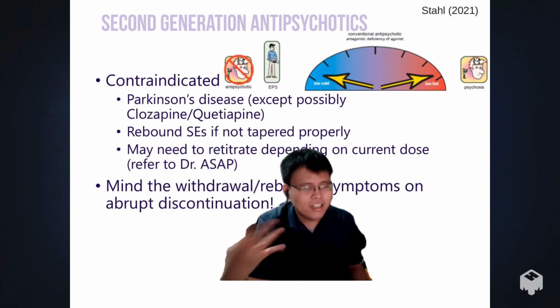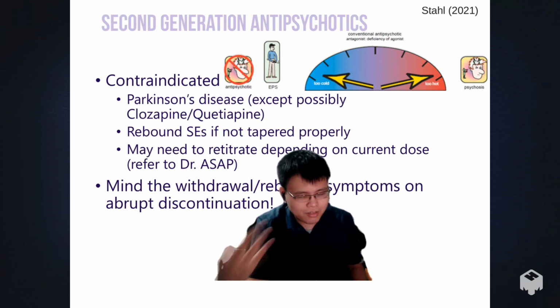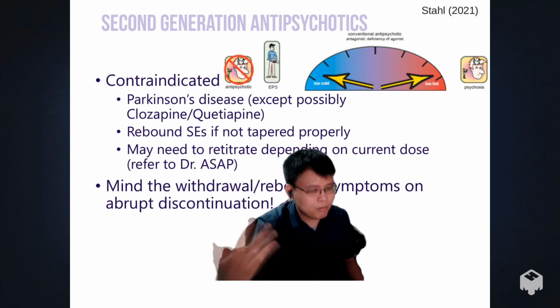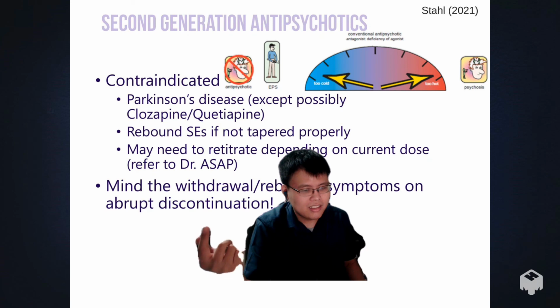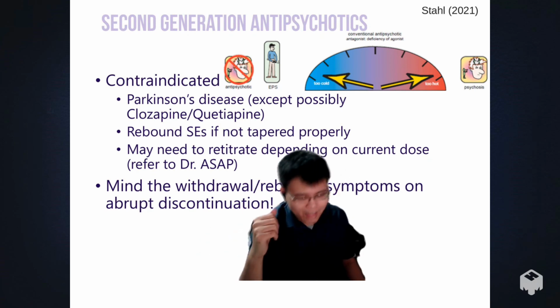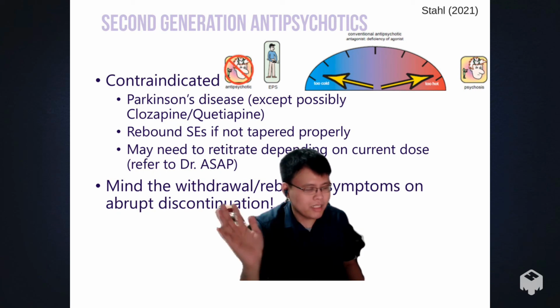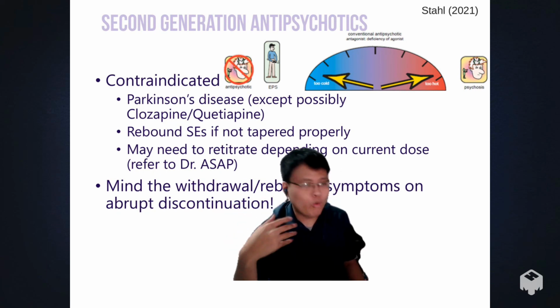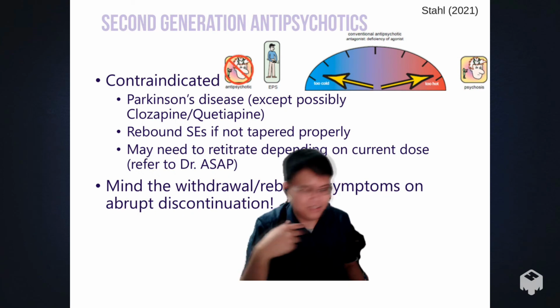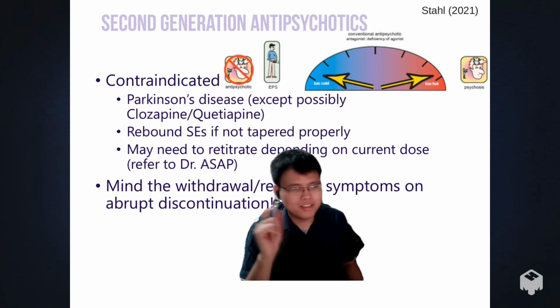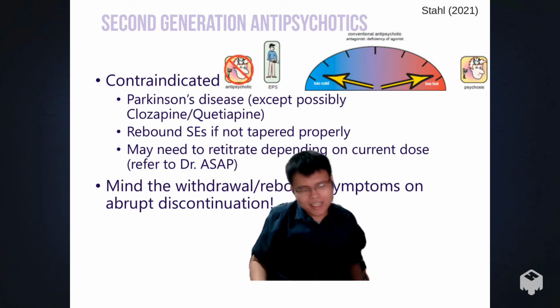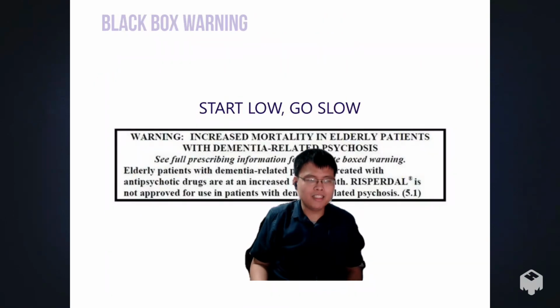So I said earlier, you need the minimum 60% receptor blockade, D2 receptor blockade for antipsychotics to work. For clozapine, at the therapeutic dose, it blocks less than 60%. So it's an anomaly in that end, but it works. And it works so much better than other antipsychotics actually. So, what's up with that? Anyway, again, also mind the withdrawal, minor withdrawal symptoms,